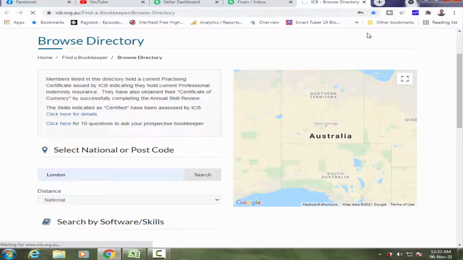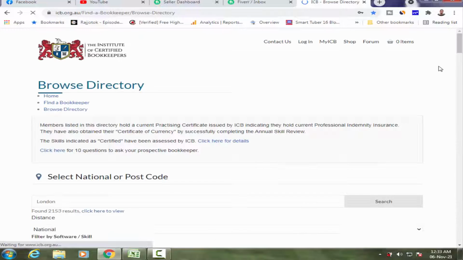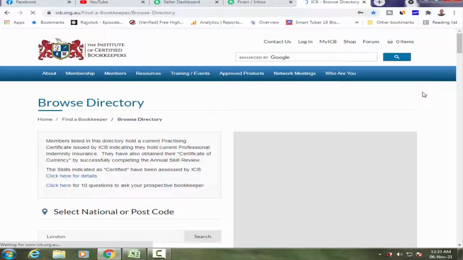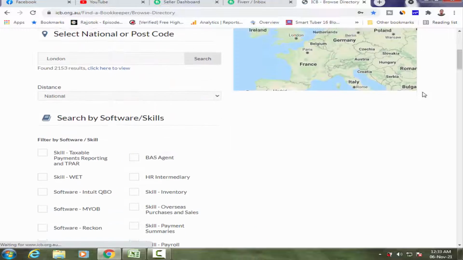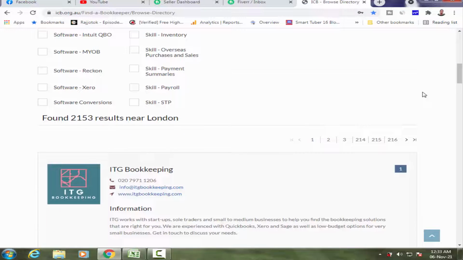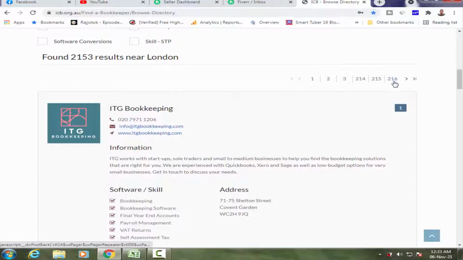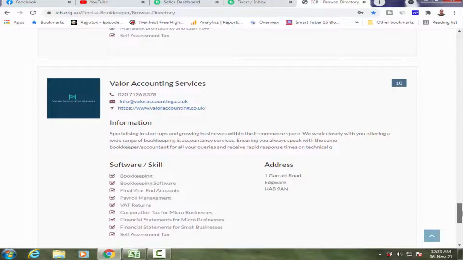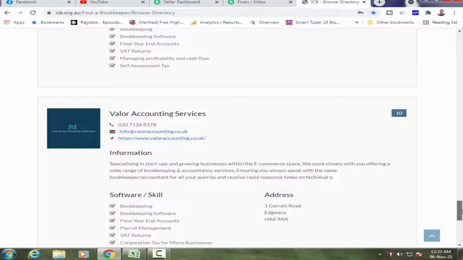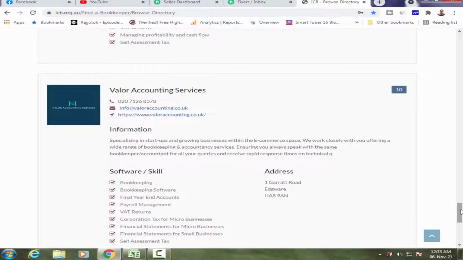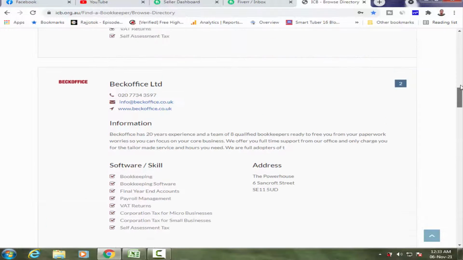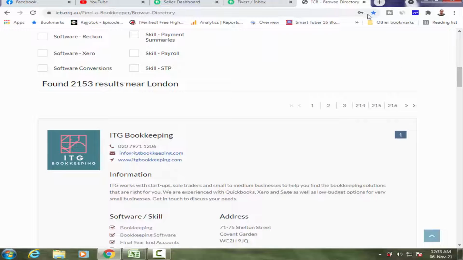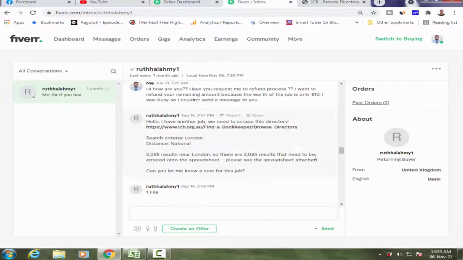Now you have to wait a few seconds for the results to show. You are clearly seeing that there are more than 216 pages and every page contains 10 data. Per page contains 10 data and I have to collect the